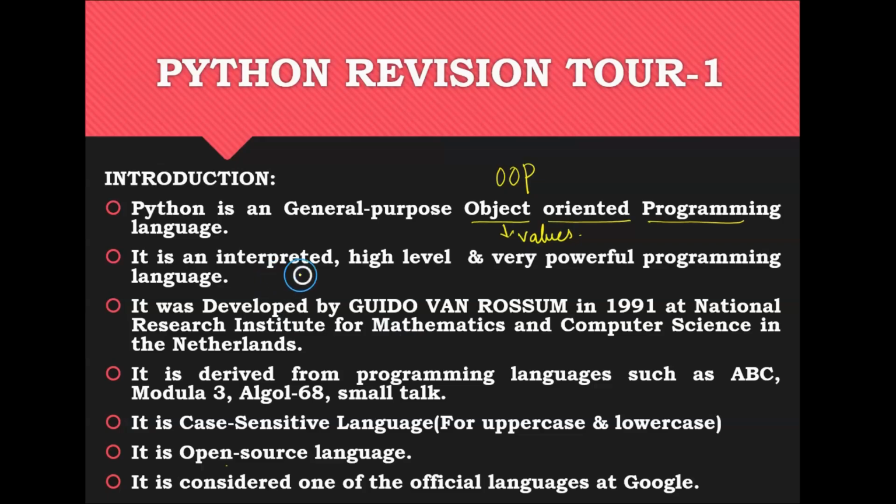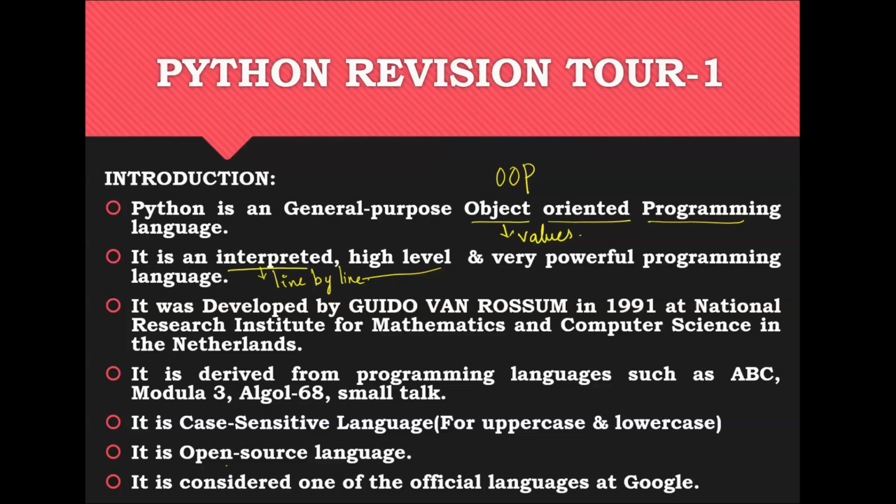and it is an interpreted, high level and very powerful programming language. So what is the term called interpreted? Interpreted is nothing but line by line it is executing. Each and every line it is checking for the errors, so that's why it is called interpreted. And it is considered a high level language. High level language in the sense we can easily understand, so it is like the English language